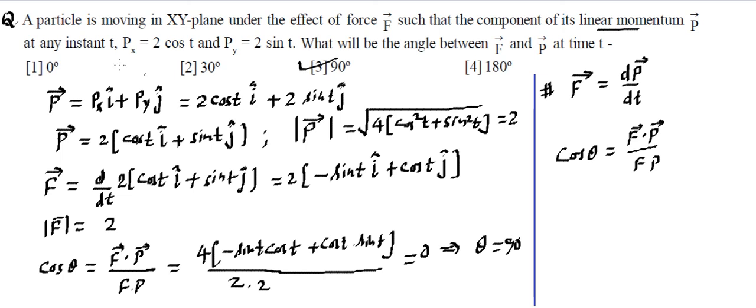So that's our answer. This question has also appeared in examinations multiple times. This is an important point that we need to keep in mind, this relation, which we will be learning later on. And what we have used is how to find the angle between two vectors: cos theta is equal to a dot b upon ab, and then this differentiation concept, and we come to our final answer.